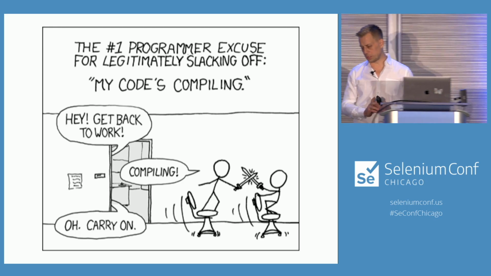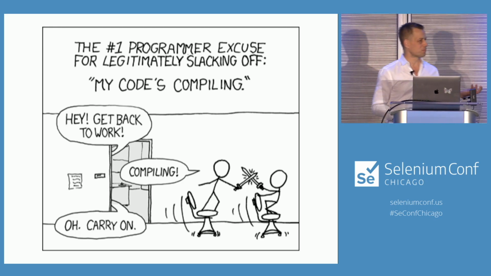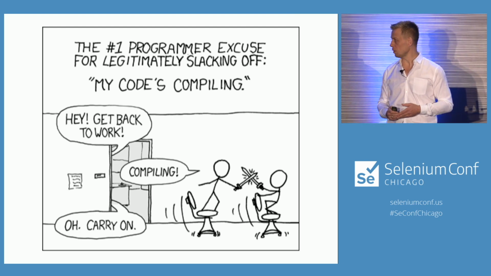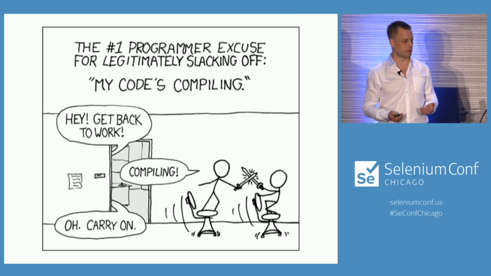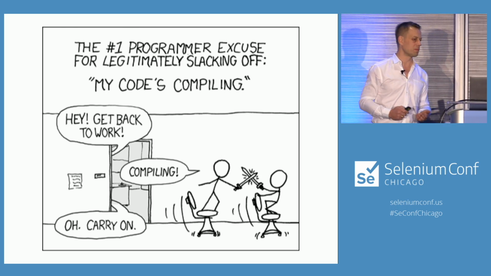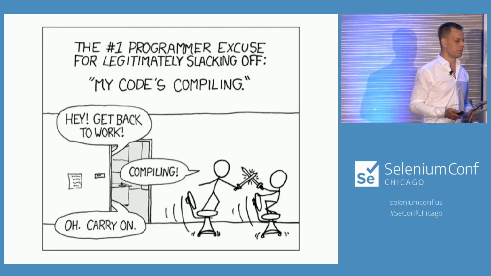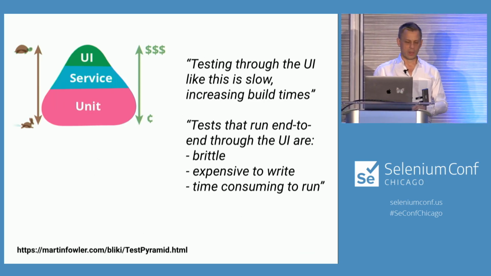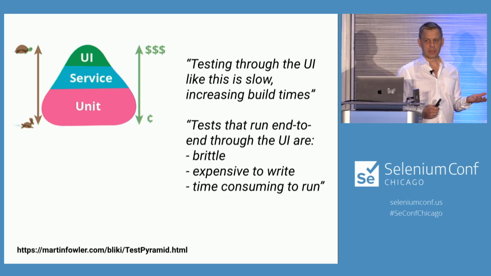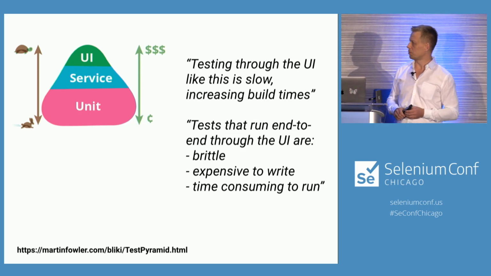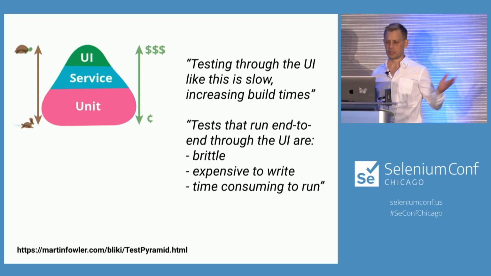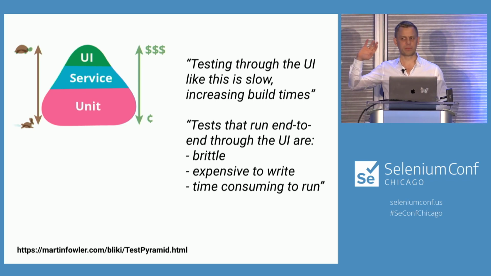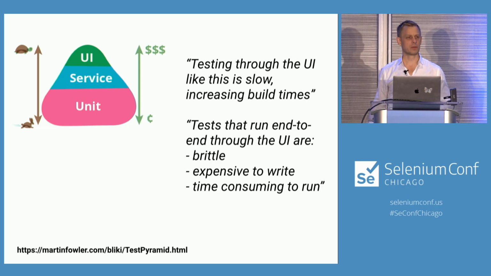So what have we done in the community to try and deal with the fact that we have slow feedback? Well, in the testing community and software development community, people have come up with the test pyramid. It was originally coined by Mike Cohn and then popularized by Martin Fowler, and then the community just took that guideline and ran with it. Has everyone heard of the test pyramid? I guess most of you probably have.